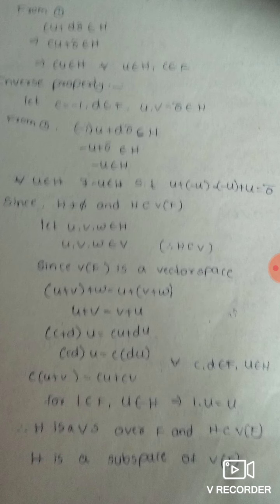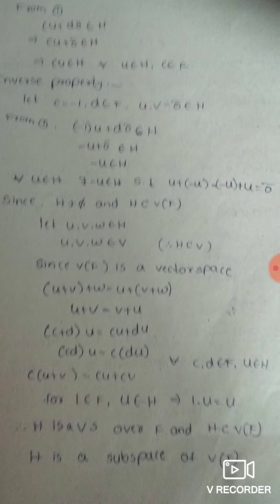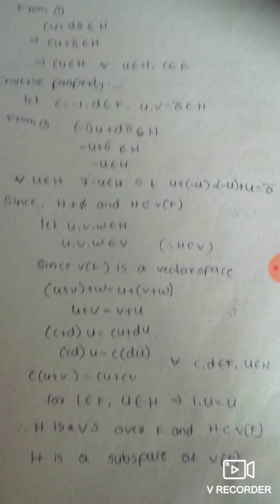Okay, for 1 belongs to F, u belongs to H, that implies 1 into u equals u. Therefore, H satisfies all properties of a vector space. Therefore, H is a subspace of V of F. Then the necessary and sufficient condition is over. The necessary and sufficient condition for a subspace: H is a subspace of V of F if and only if cu plus dv belongs to H for all c, d belongs to F and u, v belongs to